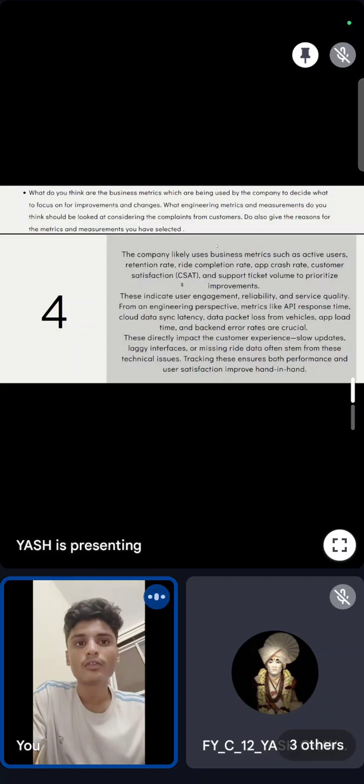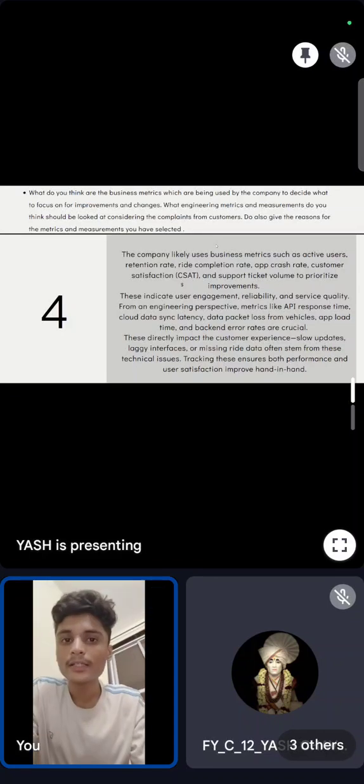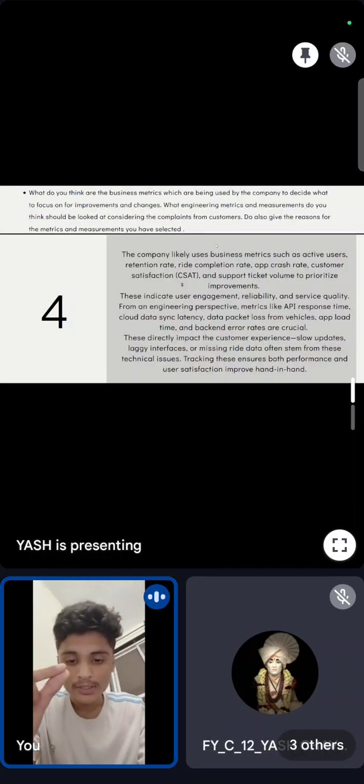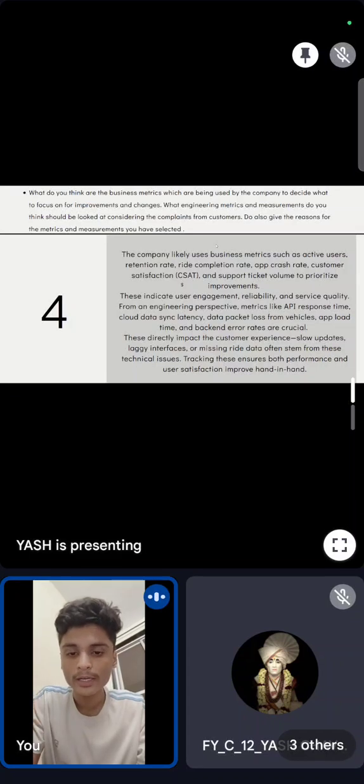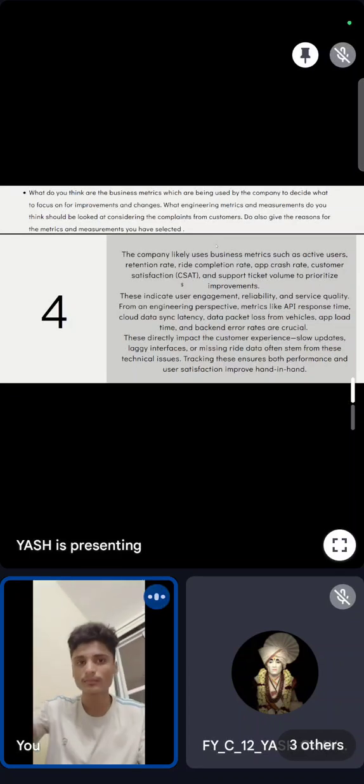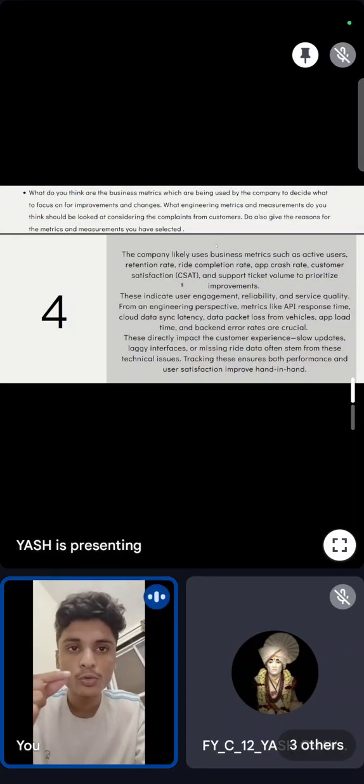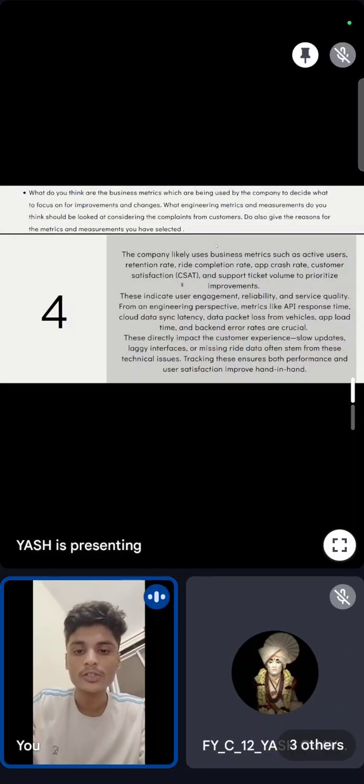From an engineering perspective, as we all know, we are engineering students, metrics like API response time, cloud data sync latency, and data packet loss for the vehicles play a very crucial role for backend errors, and these directly impact the customer's experience. The customers do not care about the backend processes, but as engineering students we know that API responses play a crucial role, and if any missing data stems from these technical issues, then tracking this ensures both performance and user satisfaction,